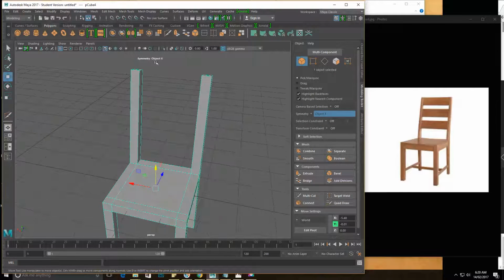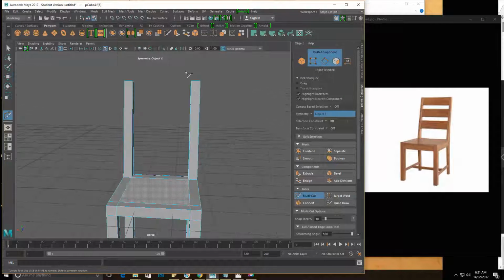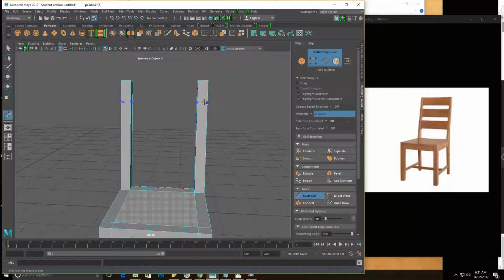So if I go back to my multi-cut tool, and if I hold down Control once more, you'll see now that it creates a highlight on both sides equally. I'm only hovering my mouse over one side, and it's automatically shown me exactly the same thing on the other side. So I'll drop down that first slat,